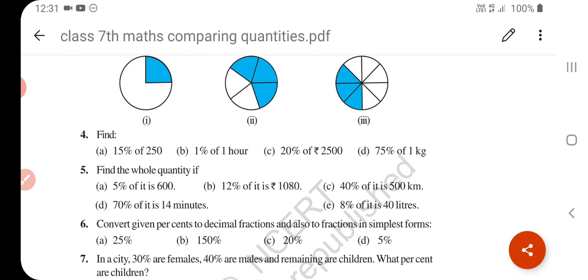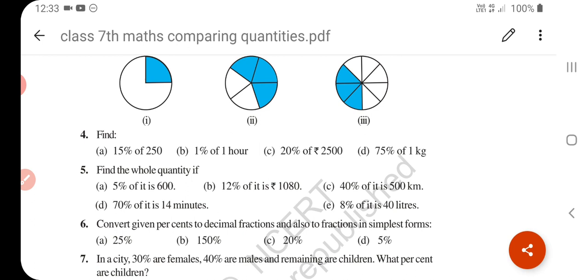To find whether the given ratios are equivalent or not, we write them in the form of fractions, and if these fractions are equal, then the ratios are equal. Two ratios that have the same value are equivalent ratios. Understand? And then we learn some applications of proportion also, and then we learn percentage, meaning another way of comparing quantity.